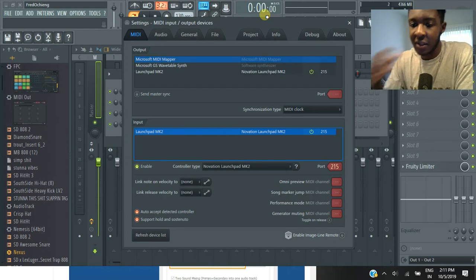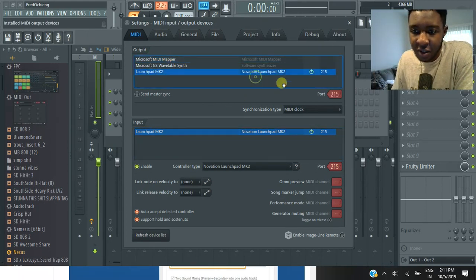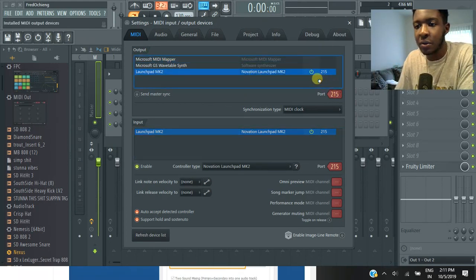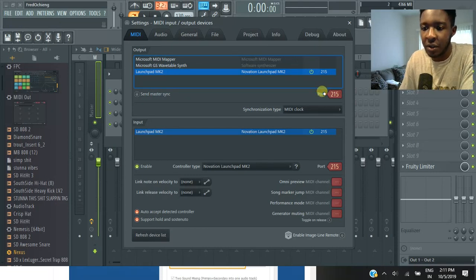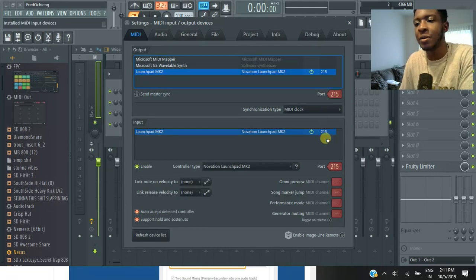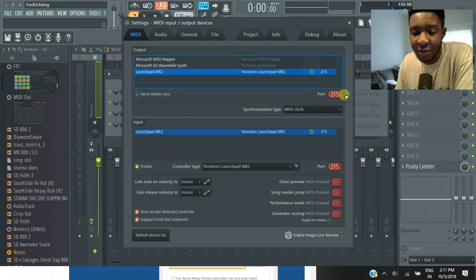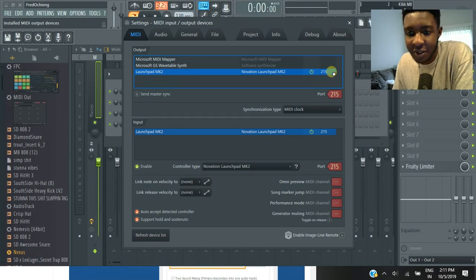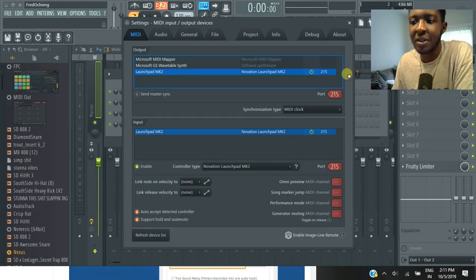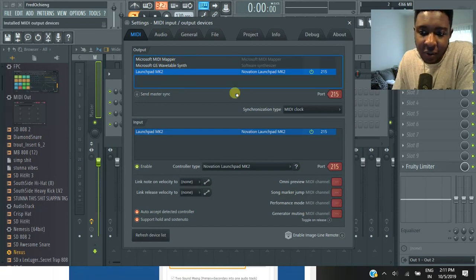Now, an important thing to recognize here is you're gonna see a port number. So, long story short, your input needs to match your output, end of question. You could switch this for one for all I care. If that's what makes you happy, just switch it to whatever you want to do. Just don't make it overlap any other devices that you got here. So once you got that,